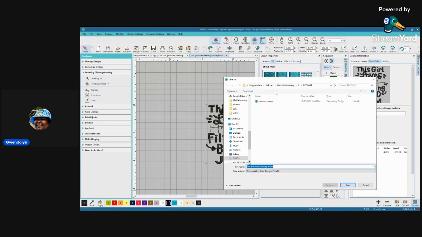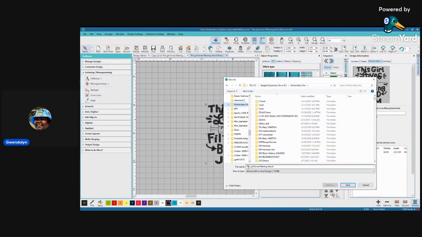Okay. And then I'm going to go to my external hard drive, and I have a file out here named embroidery. So right here says embroidery files. So I'm going to save it in here, and then